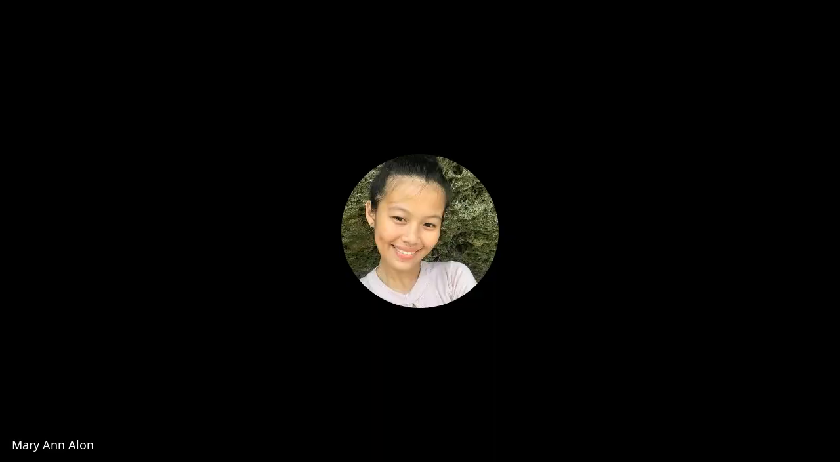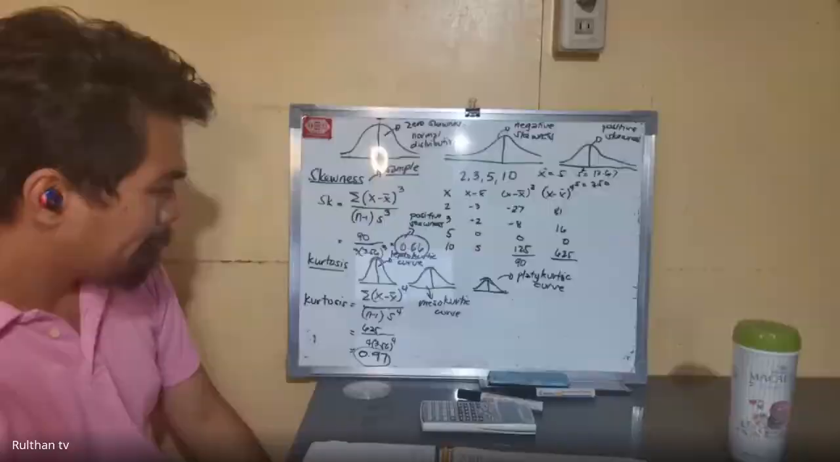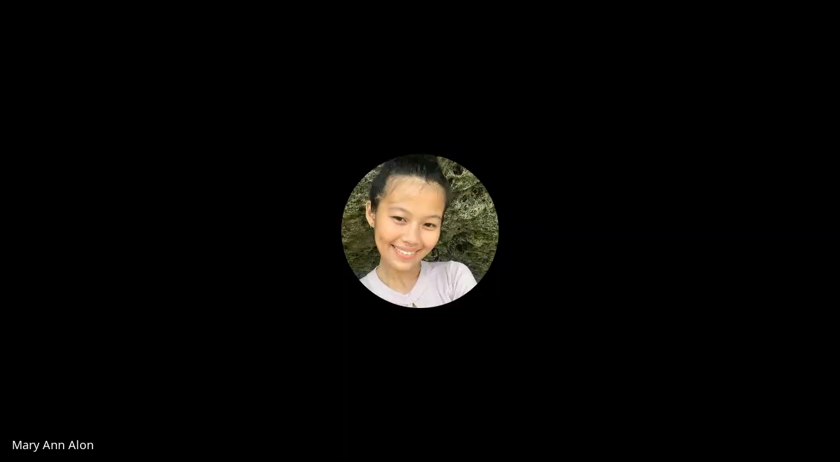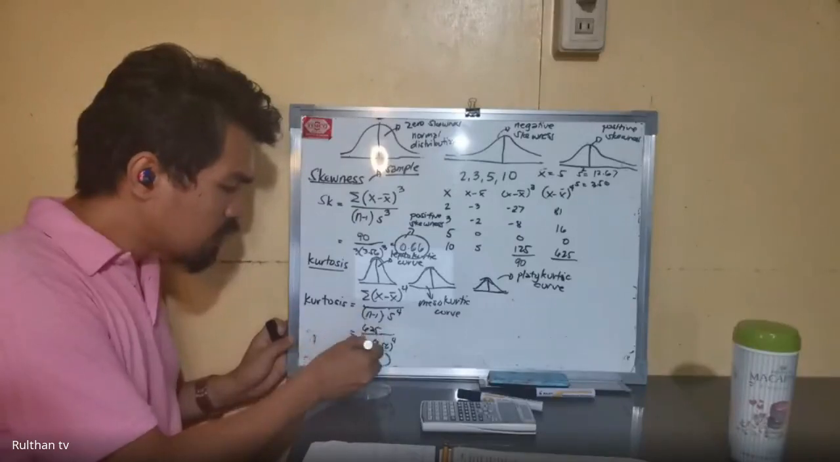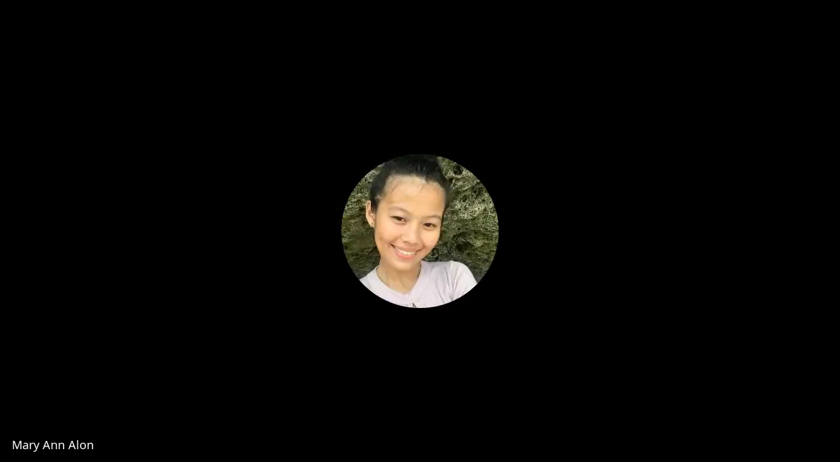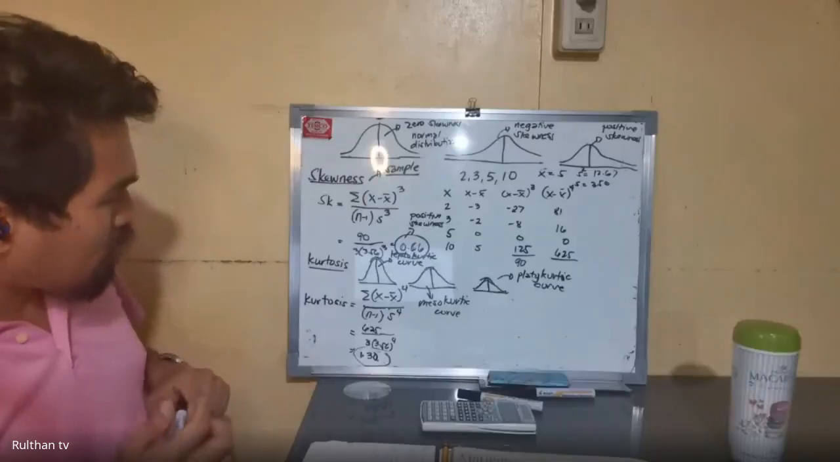Sir, what about your calculation of the kurtosis, sir? Hmm, 4 again, right? N minus 1. Ay, sorry, this is 2. This is 3. 1.30 is the answer, sir. What's the answer? Yes, sir. 1.30. Yes, sir. Okay, thank you for